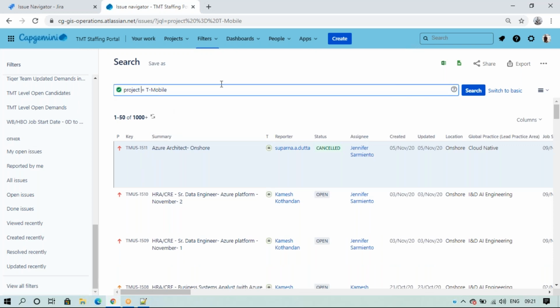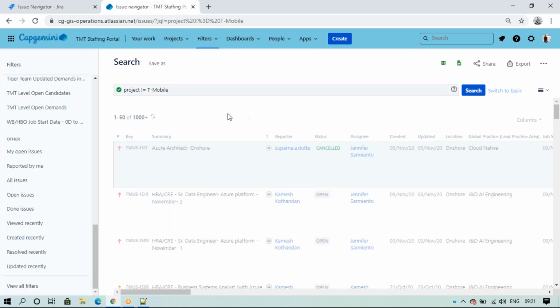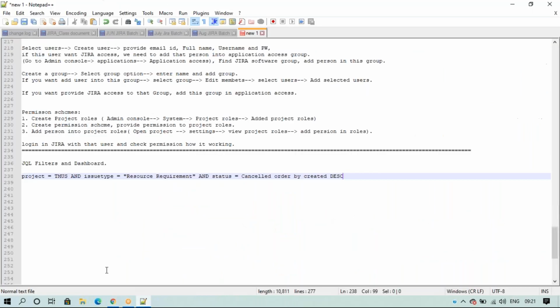But we have the option here, not equal to. Not equal means if I search, except T-Mobile, all remaining projects will come. For example, I have 40 projects. If I want issues from only one project, I can write project equal to that one project, so the 39 other projects' issues will not come.